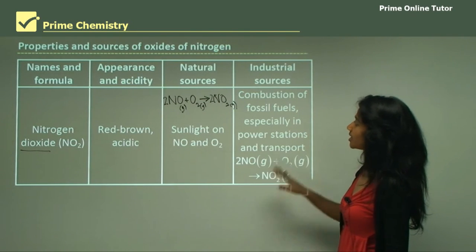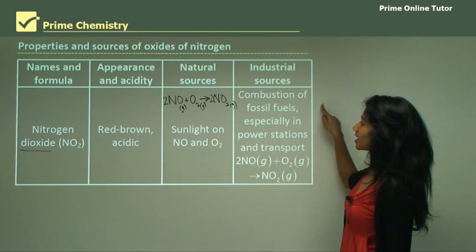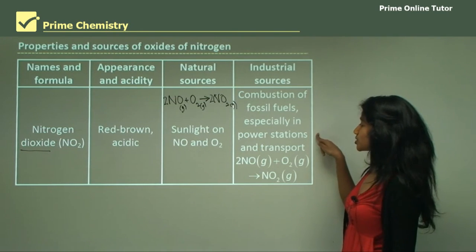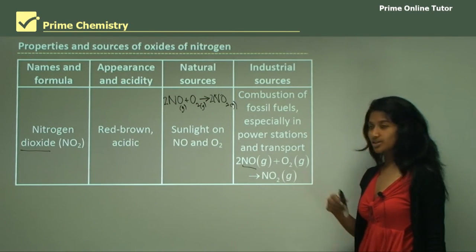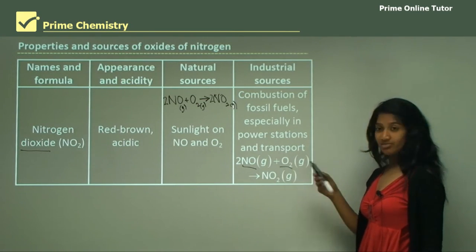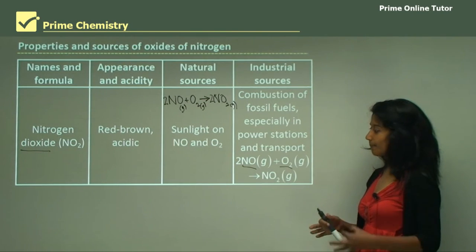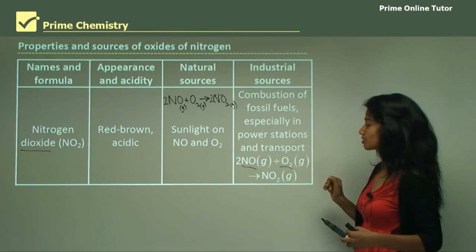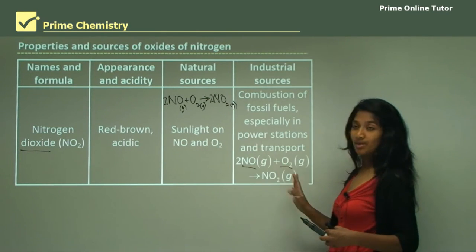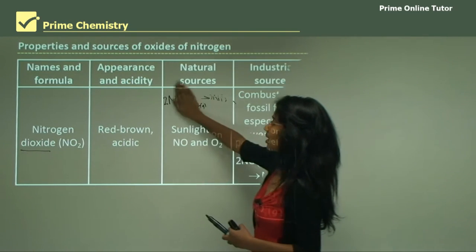and the equation is balanced. Now the industrial sources of nitrogen dioxide: the combustion of fossil fuels, especially in power stations and transport. So we have nitrogen monoxide again, reacting with oxygen gas to form nitrogen dioxide. So you can see how there are industrial sources as well as natural sources, but both have the same chemical reaction going on. So now let's move to